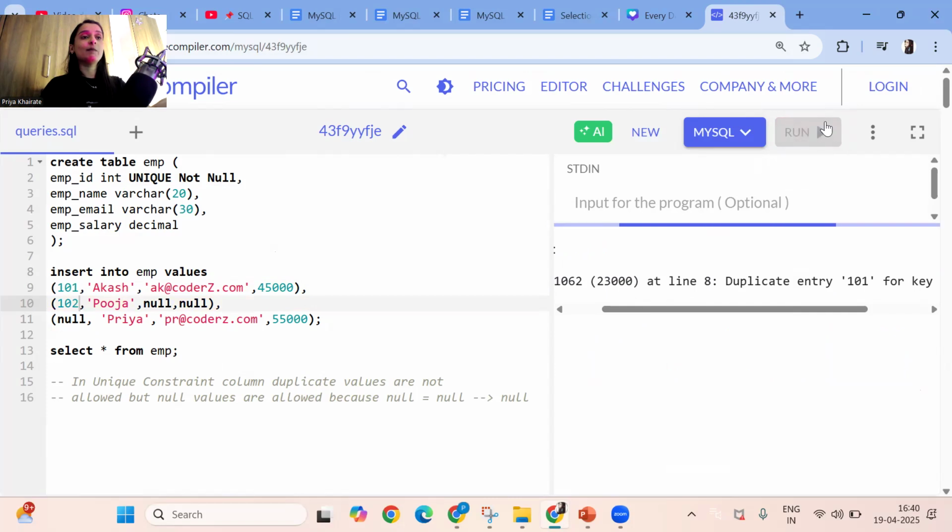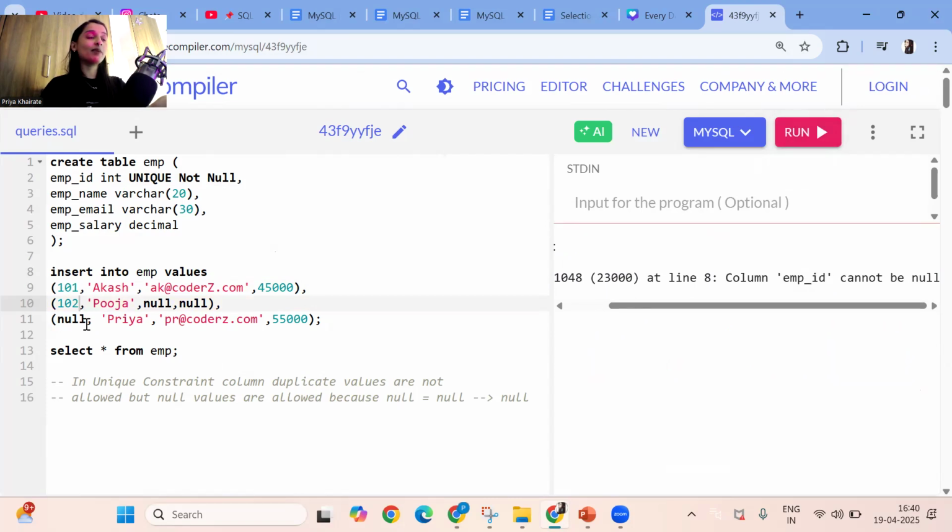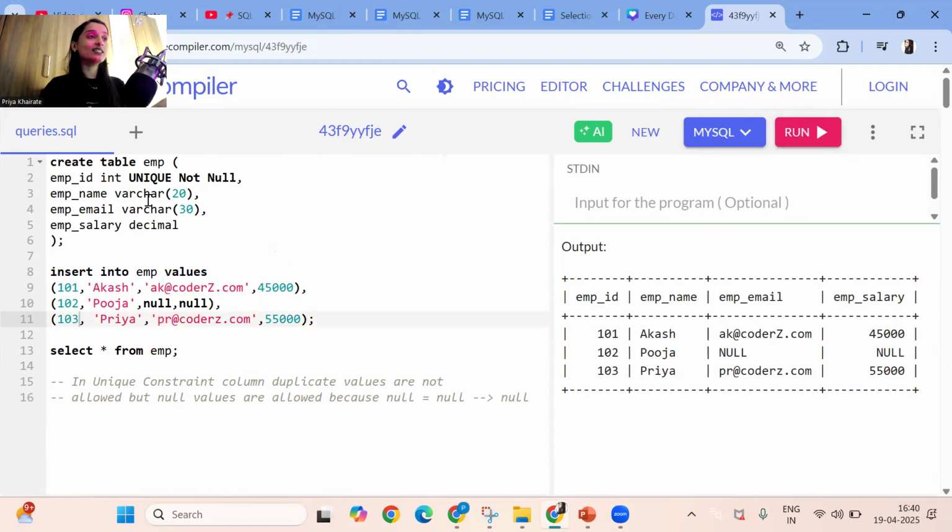If I run this, again an error, because here I am giving a null employee ID. So we'll give the proper employee ID, 103. Now your constraints, unique and not null, make sure that in the employee ID column all unique values must be present and there must not be any null value. Okay, I hope I am clear with this.